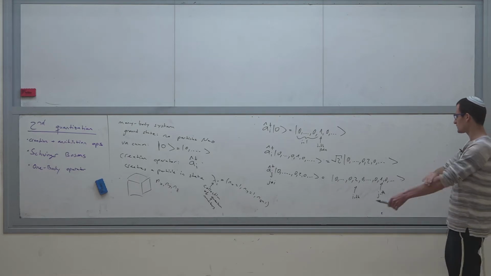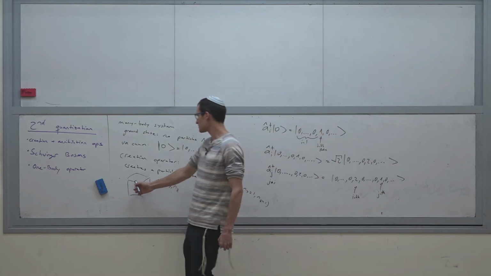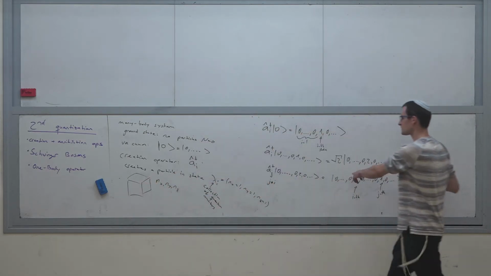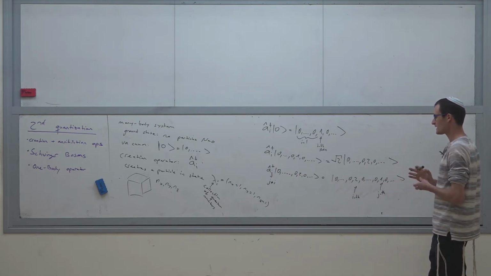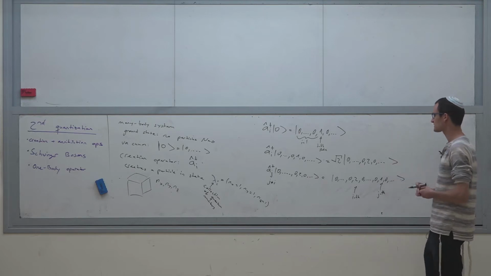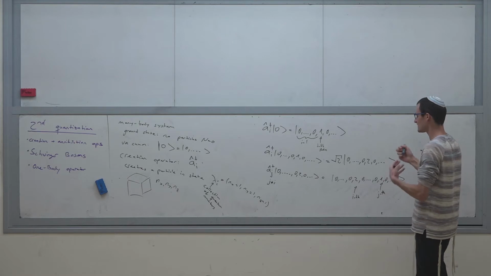So the neat way to write this, obviously, if you're talking about a system like an infinite potential well, this can go on forever because there are an infinite number of bound states in an infinite well. It could also be finite if you're talking about a different system. But you don't want to write out the entire thing, so the usual way to write down states